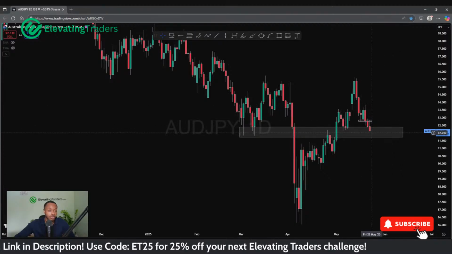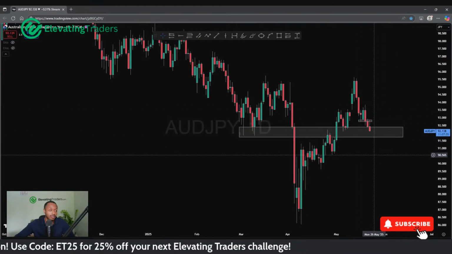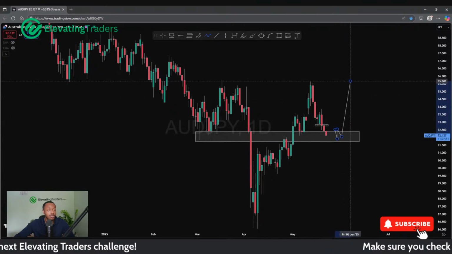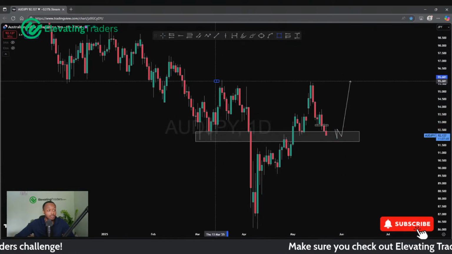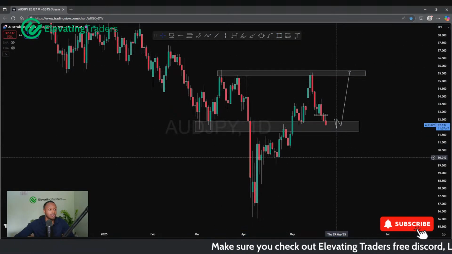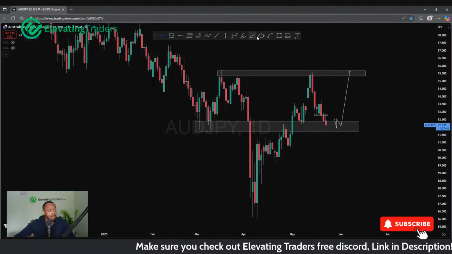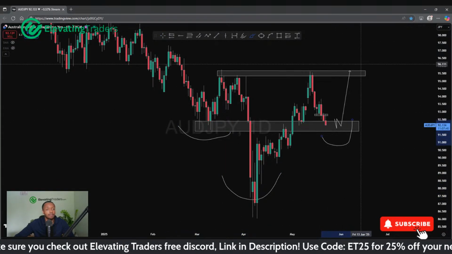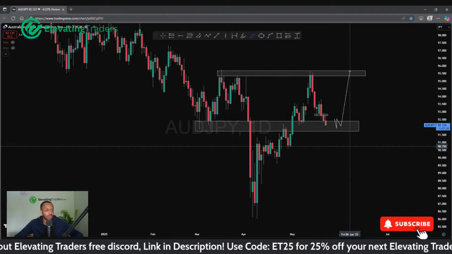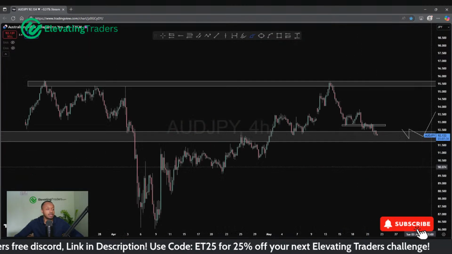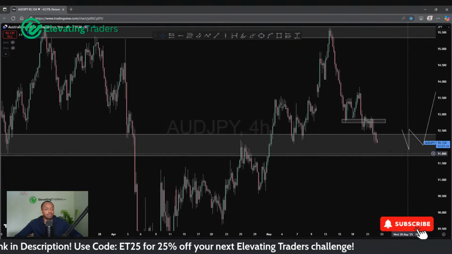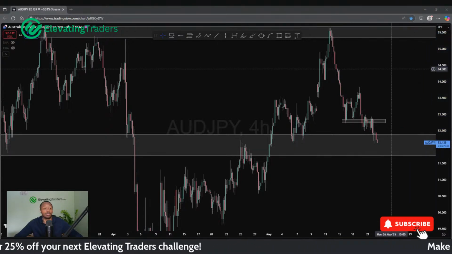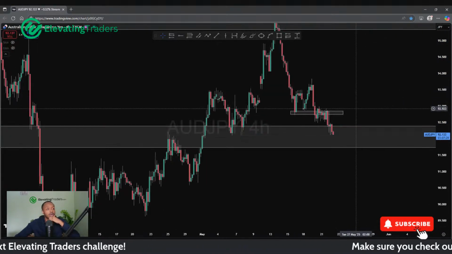So I'm going to keep a close eye to see how Aussie yen develops here, because if we do respect this well, I do think Aussie yen can make the same move back into resistance, maybe even further as well. Of course, there is your inverse head and shoulder pattern, left head, right shoulder, and that's what I'm looking for, the buy. So I'm going to see what happens in this area. Of course, at the moment it's looking pretty bearish, so not a lot to go from here with Aussie yen just yet.